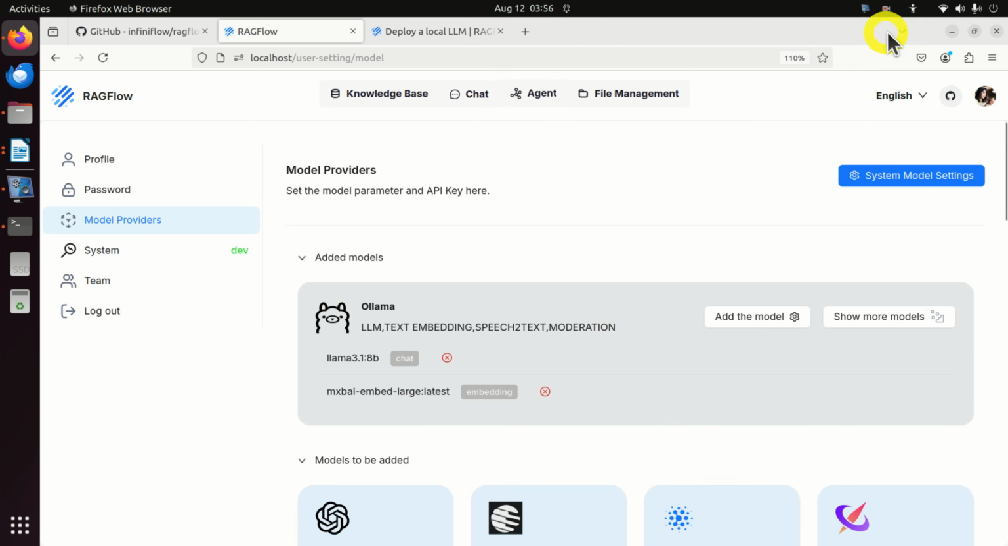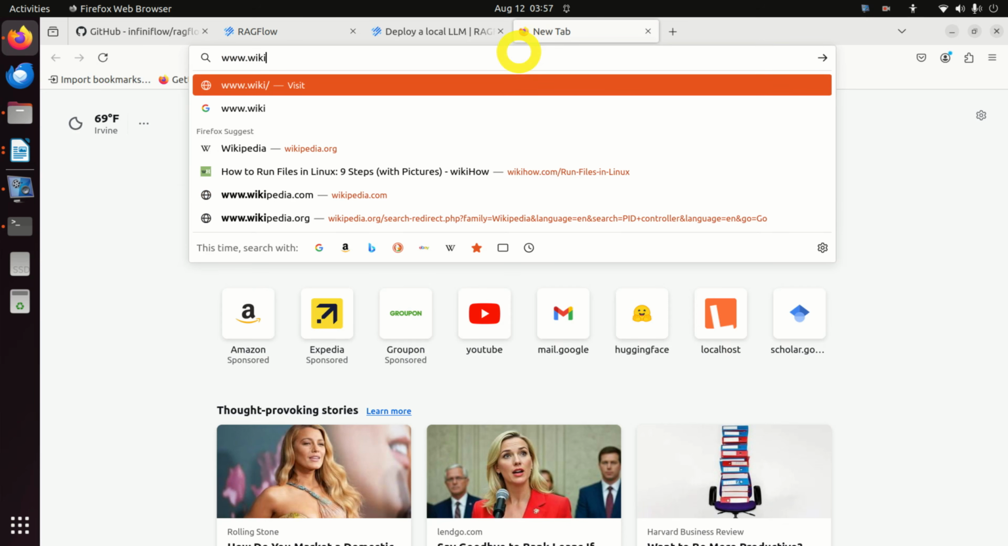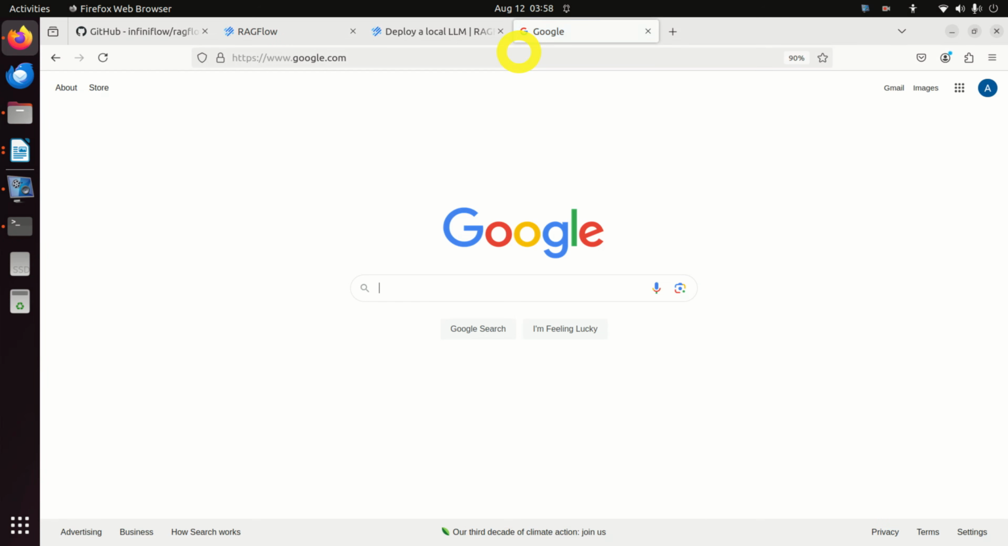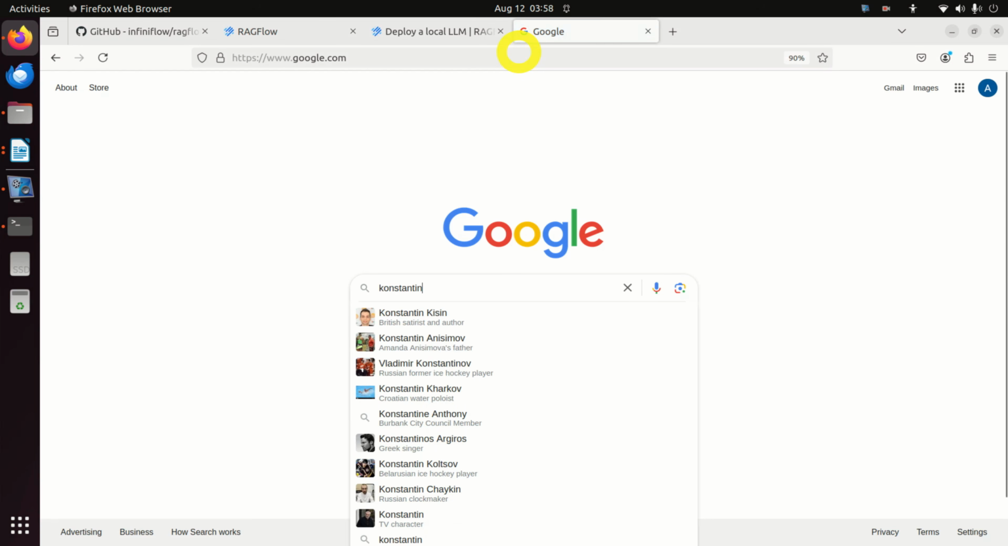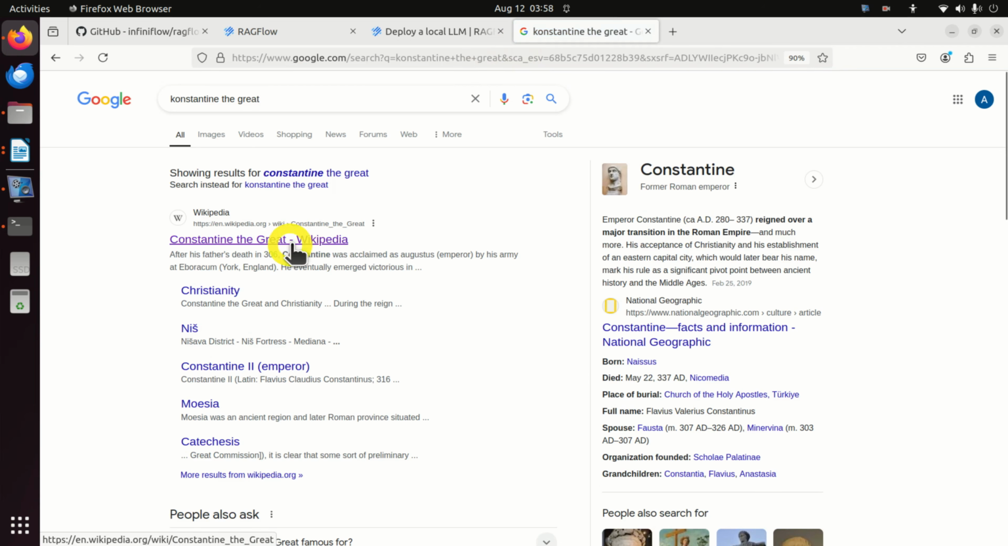Let's continue. Next, let's build our knowledge base. To build our knowledge base, you need to find a document on your computer, a PDF file or text document, or even few pages if you have. However, in the interest of brevity, I'm just going to download from internet, from Wikipedia, an article. So let me just go to Google, for example, and let's search for Constantine the Great, for example. I will go to the Wikipedia page,